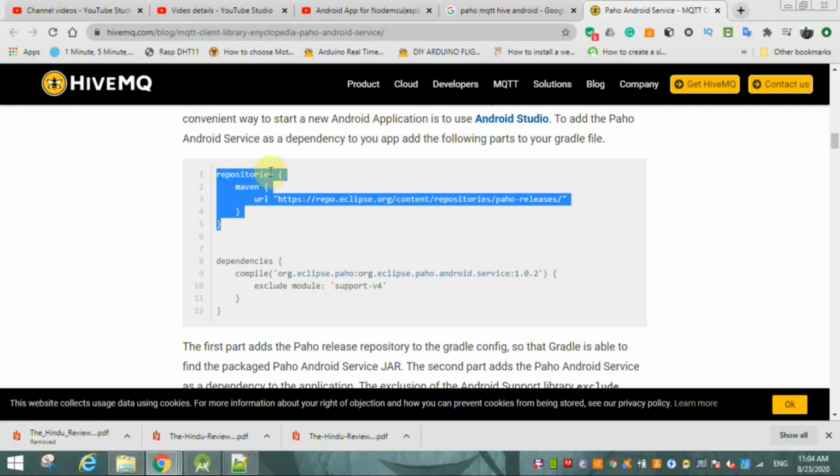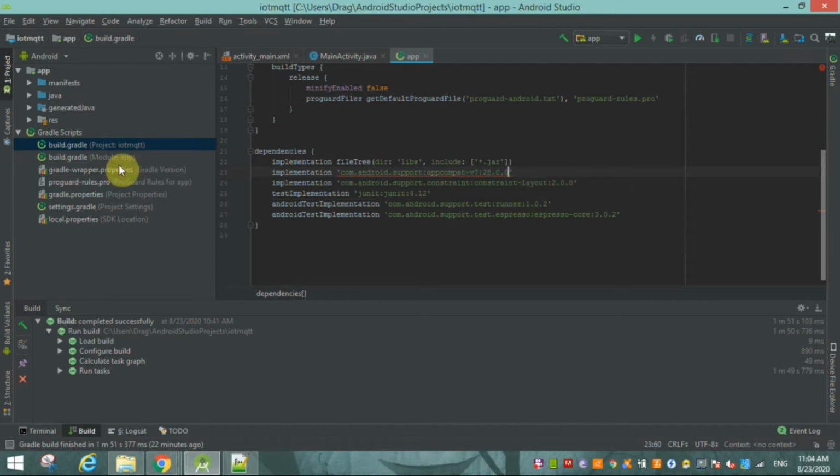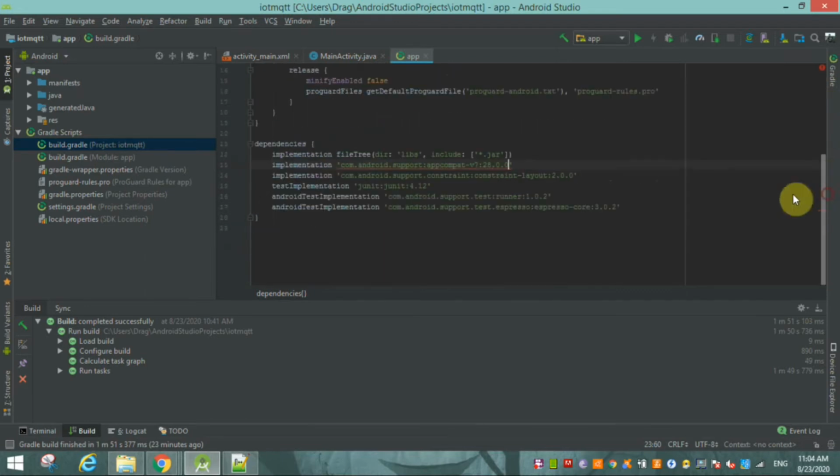First of all you have to add this repository, the Maven URL for the MQTT Paho release, inside your build.gradle. This is your build.gradle. Click on it, you will find this file, and inside it you will find the dependencies block.